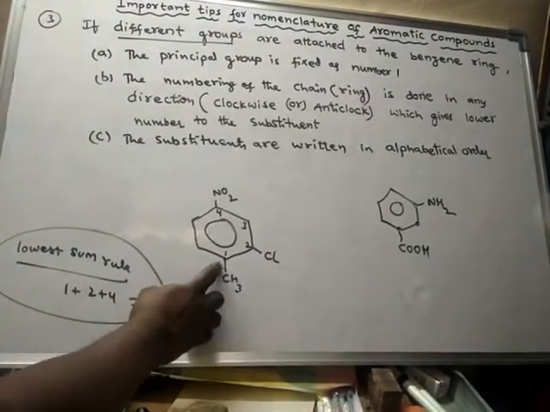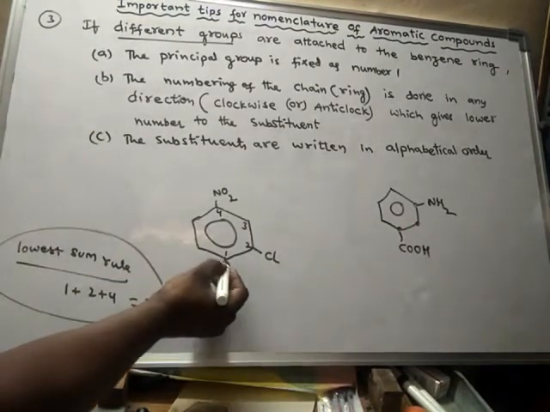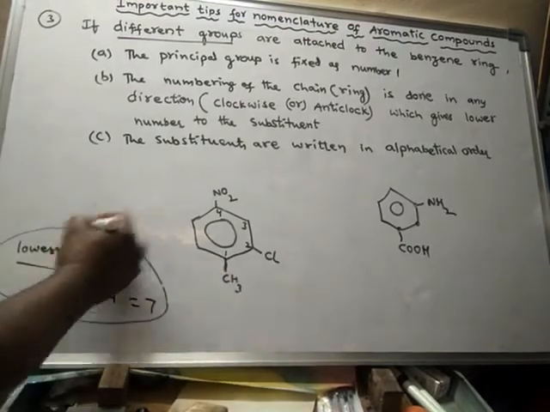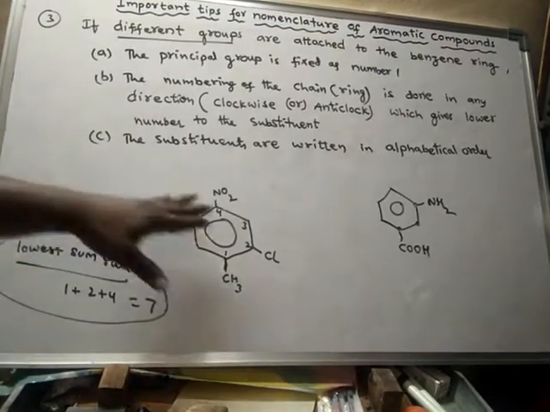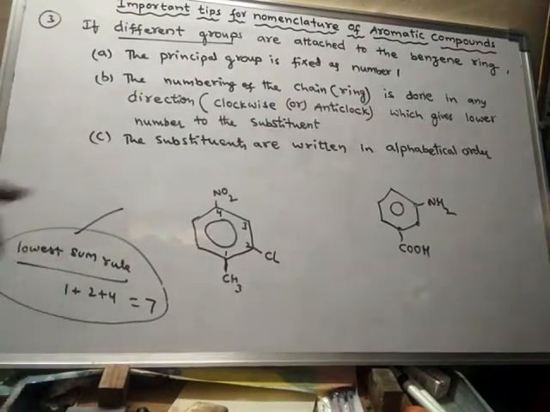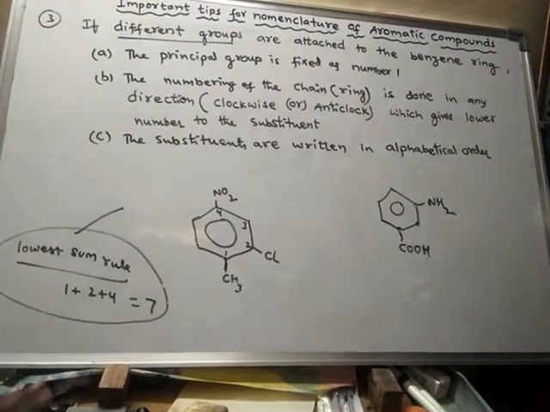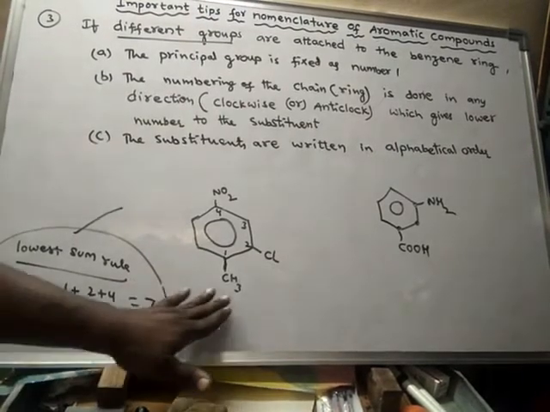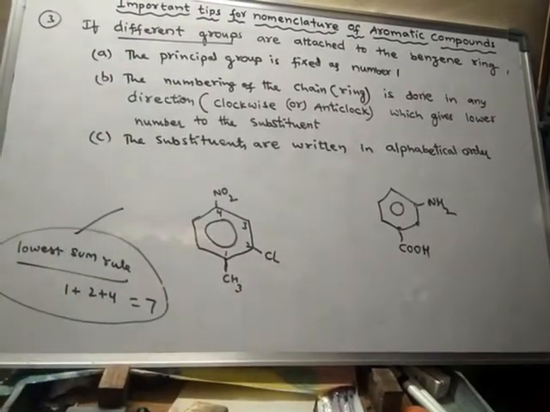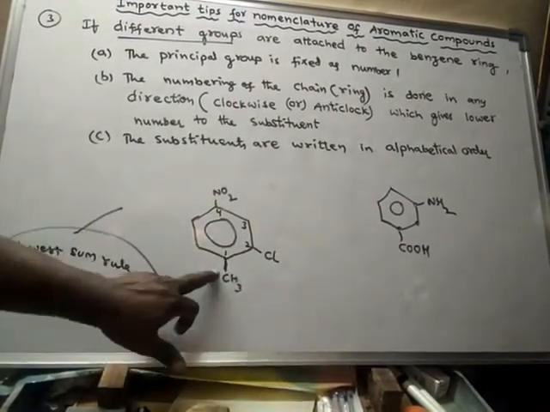So now how to name this compound? Numbering is over. While giving numbering, we have to follow the lowest sum rule wherever it is applicable. The lowest sum rule is violated only in the case of main functional groups. Here there is no main functional group, so there is no need to violate the lowest sum rule. Okay, the numbering part is finished.